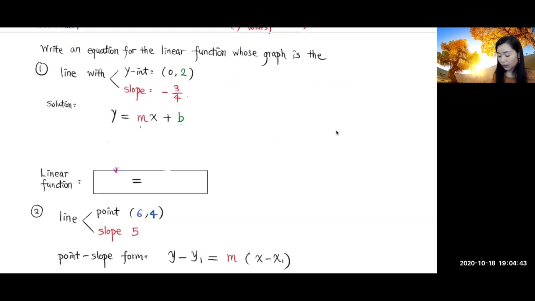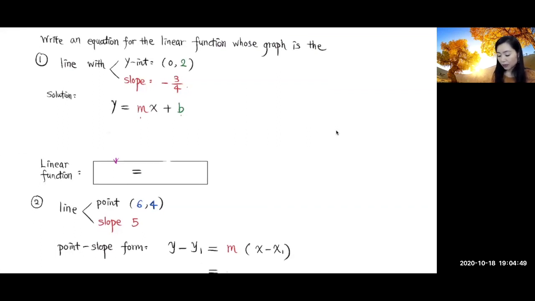Write an equation for the linear function whose graph is the following. Number one is a line with y-intercept (0, 2) and slope -3/4. Since we're given a y-intercept and also the slope, we think about writing the equation of the line